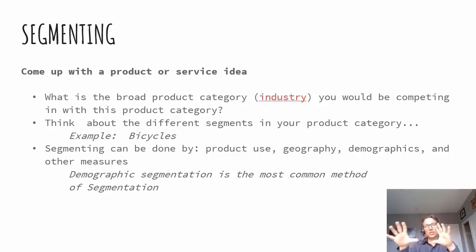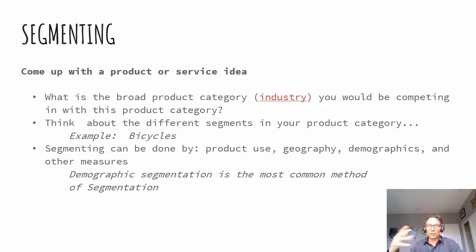So I want you to understand the distinction of when we segment, we can think of all the different types of users, and we're segmenting by those types of users. So our segmenting descriptions are by the type of user, and that type of user is what we call a target audience. So as you see in this slide here on your third bullet point, it talks about some of the different ways that we can segment.